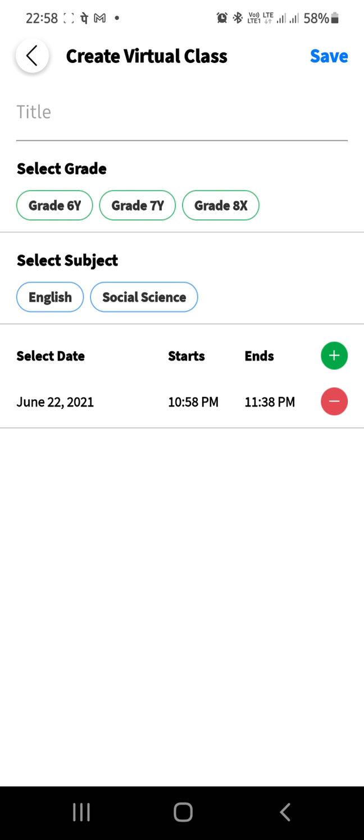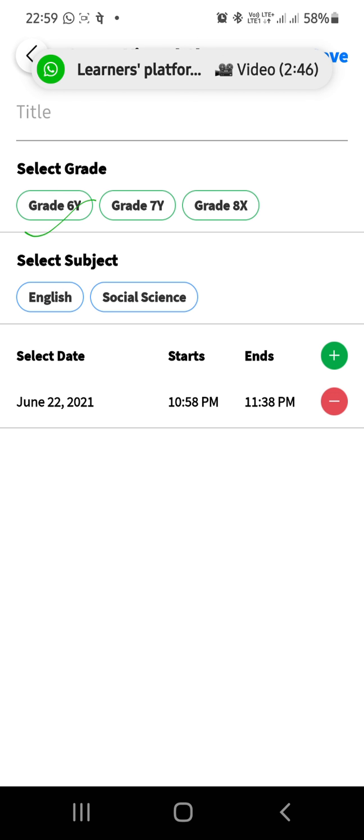I had already told you that if you are doing it for the first time, you will get a page where it will ask you to enter your Zoom ID and password. As soon as you enter your Zoom ID and password, it will take you to the Zoom. Okay, and Zoom will become your integrated app that is supported by Snap Homework. So my classes are already into it: 6y, 7y and 8x.